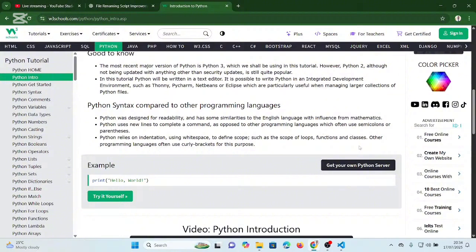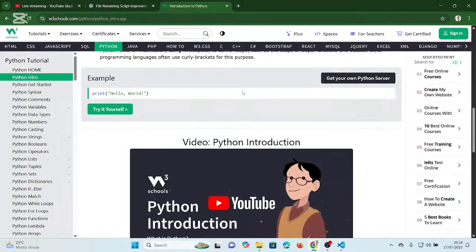I've explained that. Other programming languages often use curly braces for this purpose. So, like I said, we've already explained that. All right, next one. Let's go to the next word,